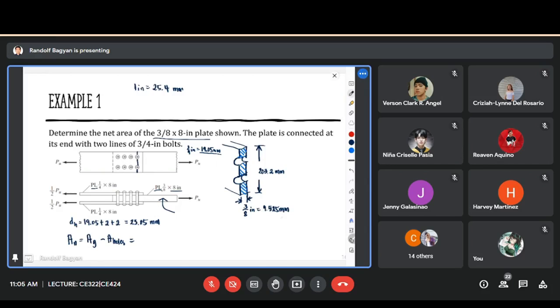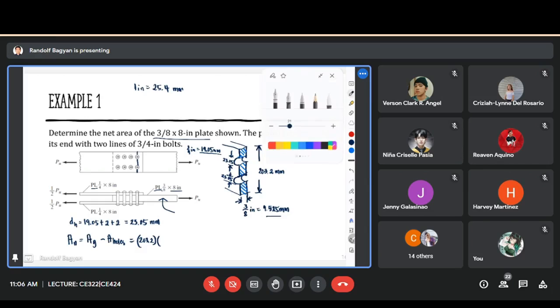That would be 9.525 multiplied by 23.05. So, ang gross area natin, 203.2 multiplied by,